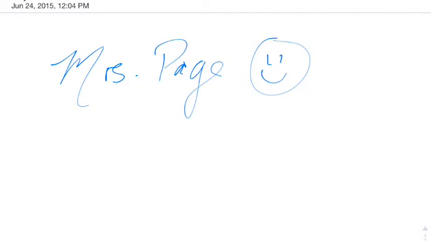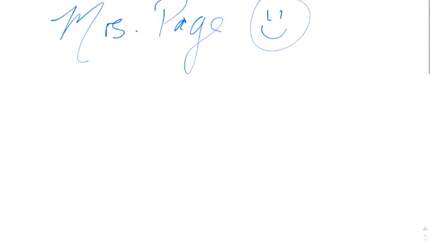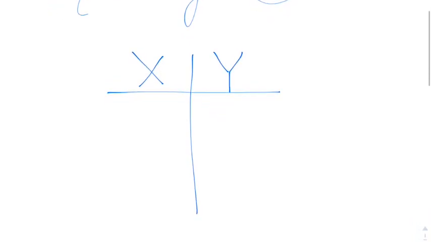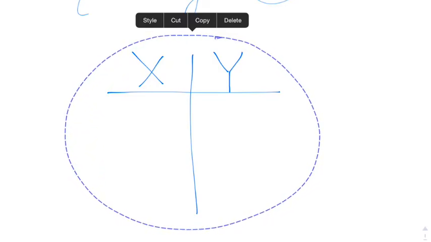And I want to show you some of the things you can do with written text once you have that written out. So I'm going to scroll up just a little bit. In my class, oftentimes we'll make a T-chart, and we're going to graph using X and Y coordinates. And let's say I'm having my students make lots and lots of these. Instead of rewriting this X and Y T-chart, because I'm very proud of the way that it looks and I don't want to have to rewrite it, I'm going to go ahead and take the scissor tool. I'm going to circle this,